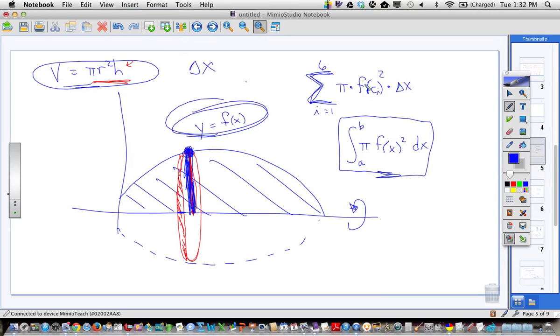The h is the delta x, the f is here. Here's how you get the i in there. If you remember when we did that with Riemann sums, we called that f of c sub i, so that's f of c1, f of c2, f of c3. That was your sampling points along the way. Now, if you change this to 10, or you change this to 100,